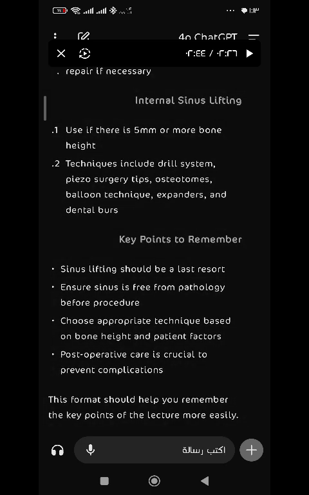Key points to remember. Sinus lifting should be a last resort. Ensure the sinus is free from pathology before the procedure. Choose the appropriate technique based on bone height and patient factors. Post-operative care is crucial to prevent